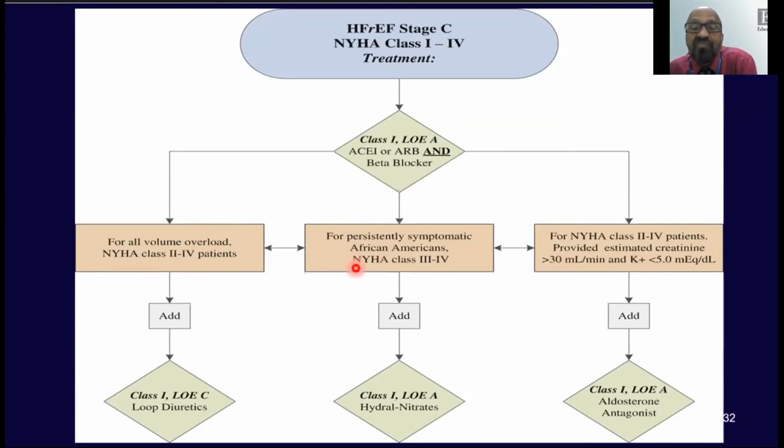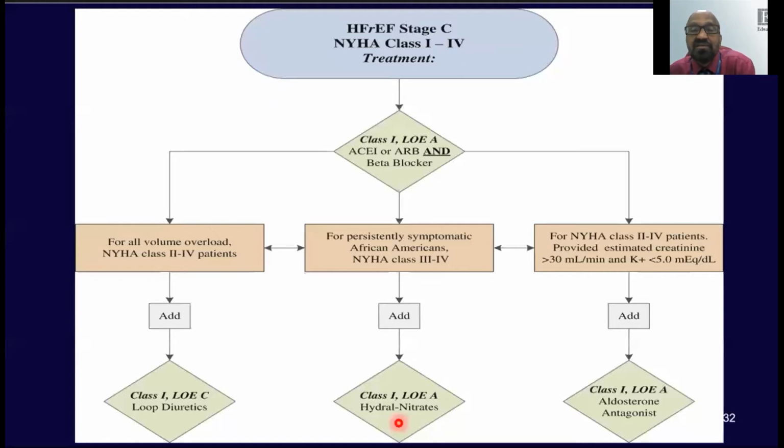Especially if you look at the guidelines, if the patient is African American, you have to add hydralazine or nitrates. And this underlines the fact that these guidelines must be personalized to a particular patient depending upon the